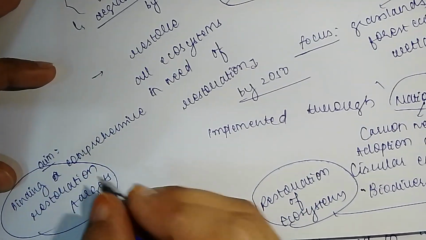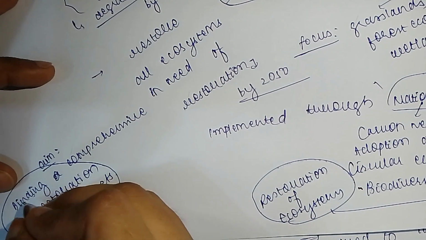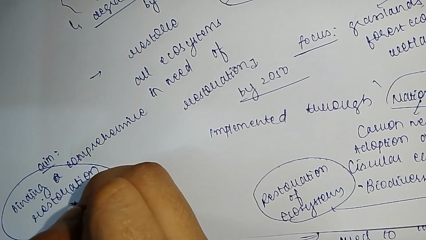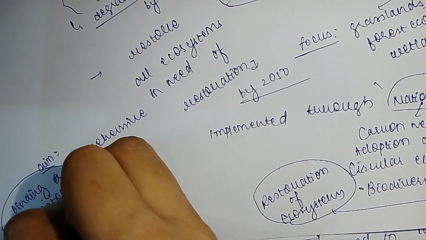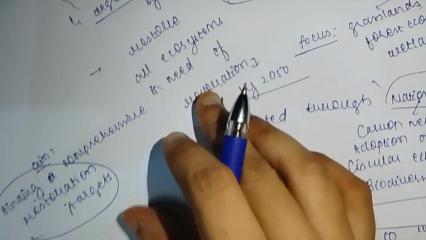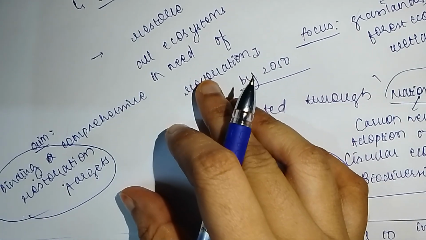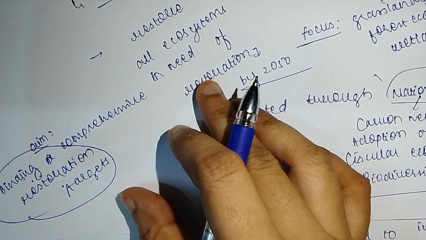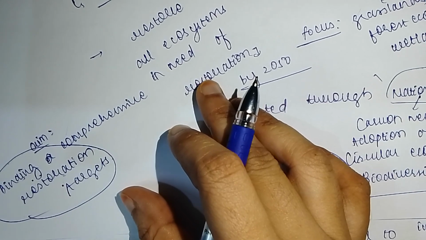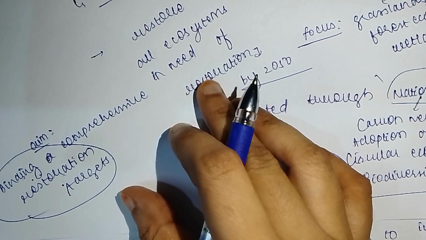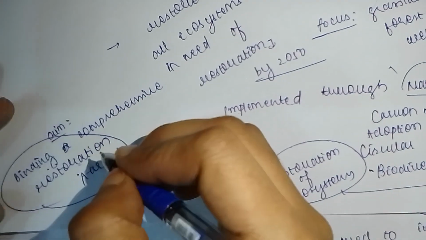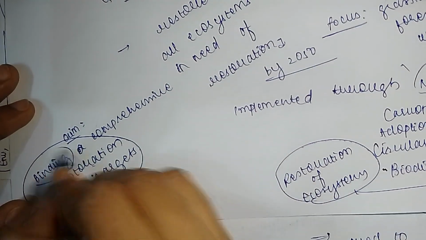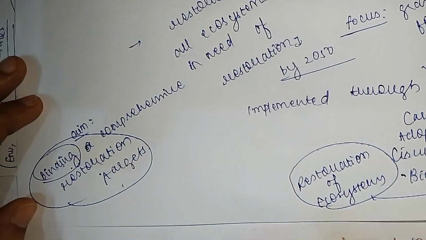When you say binding restoration targets, they are actually binding, not just voluntary or aspirational. A country is seriously committed to achieve those targets, and if it does not achieve them, there can be a fine. That makes a particular country or state serious about the restoration targets. So basically this Nature Restoration Plan is like legally binding restoration targets, and it is a comprehensive law